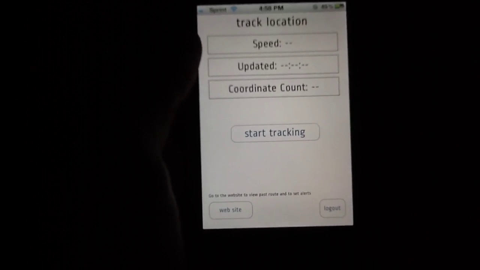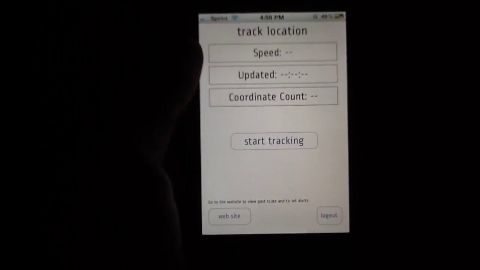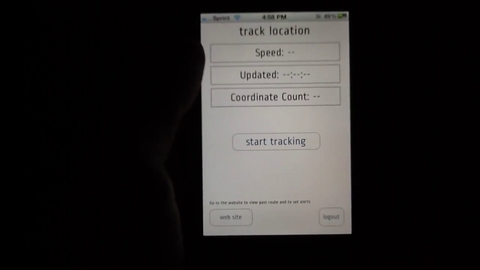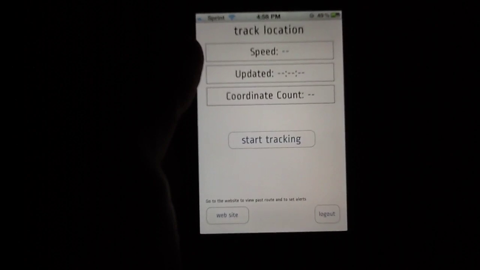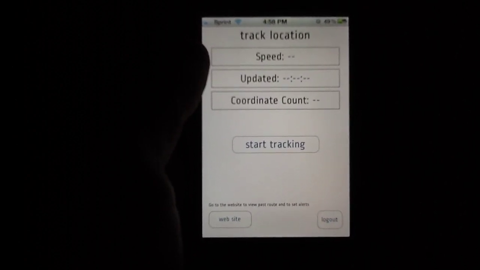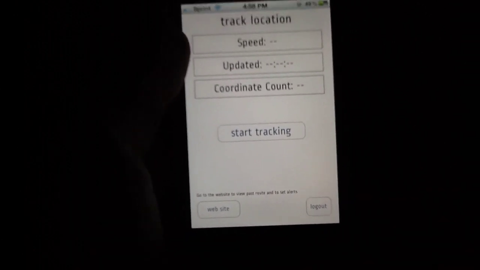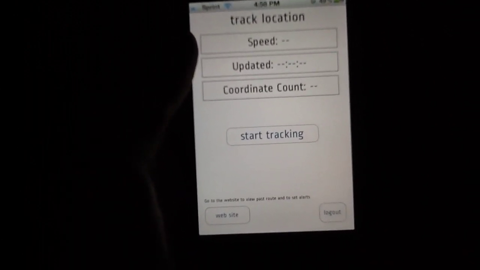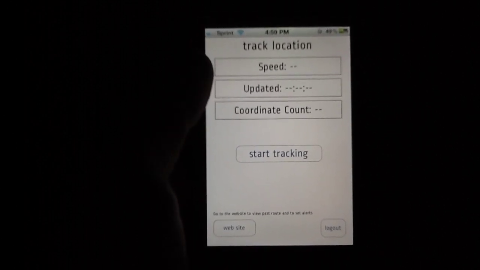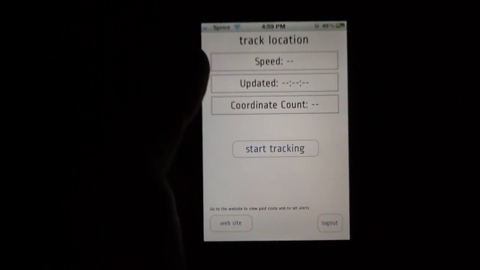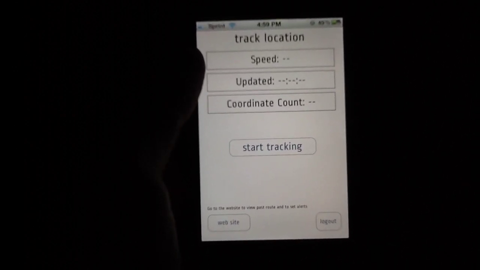But still, very functional app, works extremely well, and with the additional services that come with it, it is rather functional and very accurate in our experience. We had no problems with accuracy as far as that goes. So to sum up Raah Tracker, we did really enjoy it, and we do think it's functional and it's very easy to use. So with all of that in mind, despite the fact that it's not very gorgeous and it's not an all-in-one application yet, we're still going to give it a 4 out of 5 star rating. We think it's a brilliant little utility, and the price is certainly right at 99 cents. So with all of that in mind, Raah Tracker does get a 4 out of 5 star rating from us